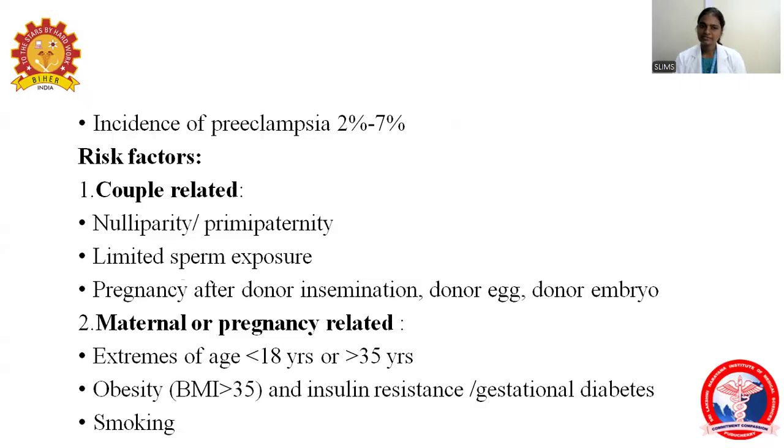So the following are the risk factors associated with preeclampsia. The first one is couple related, like nulliparity or primipaternity, limited sperm exposure, pregnancy after donor insemination, donor egg, donor embryo. Maternal or pregnancy related factors include extremes of age, less than 18 years or more than 35 years, obesity with BMI more than 35, and insulin resistance or gestational diabetes, smoking,